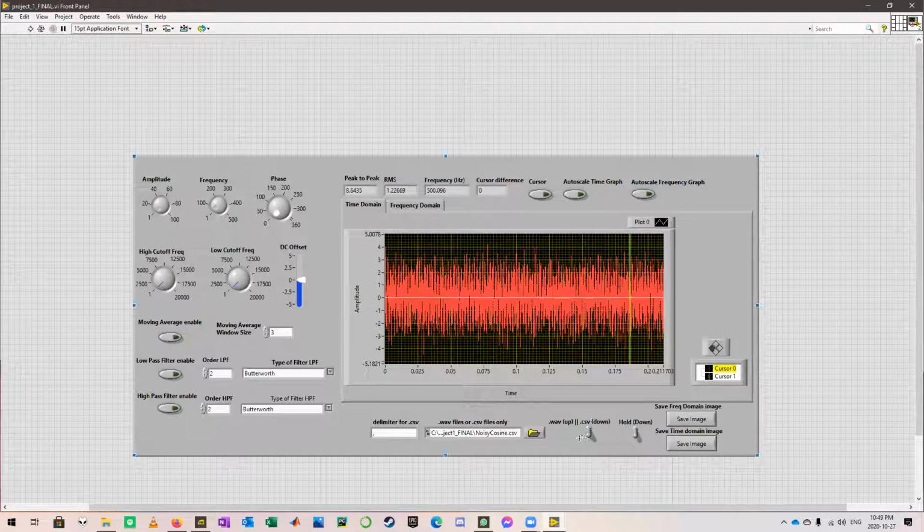Okay, so for the inputs, we have a folder selection option here. Then we have an option between .wav files or .csv files. Right now it's defaulted to .csv for down. Then we have the delimiter set to comma. Initially it's set to tab, so you want to change that for normal CSVs. And then we have the hold button here, and you want to set that up or else nothing will show